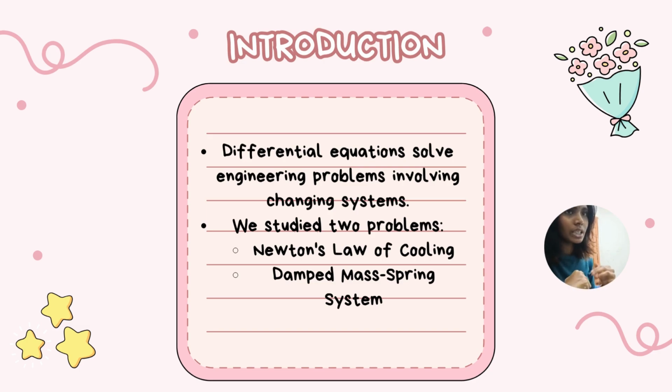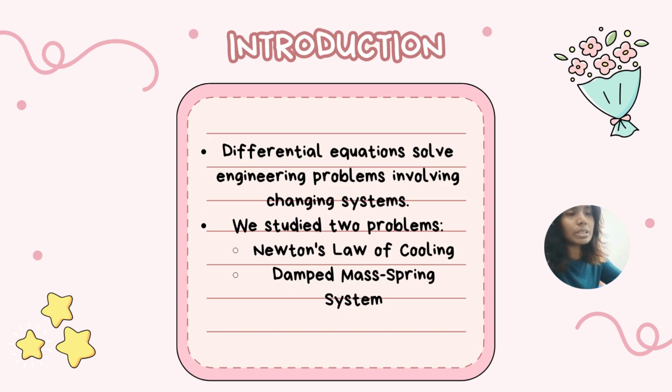engineers might face. The first problem looks at Newton's law of cooling using a thermometer. We wanted to find out how long it takes for a thermometer to cool down from 45 degrees Celsius to 35 degrees Celsius when it's moved from inside the house to outside, where the temperature is 30 degrees Celsius. This type of problem is useful for understanding how temperature sensors work and how long they need to give accurate readings